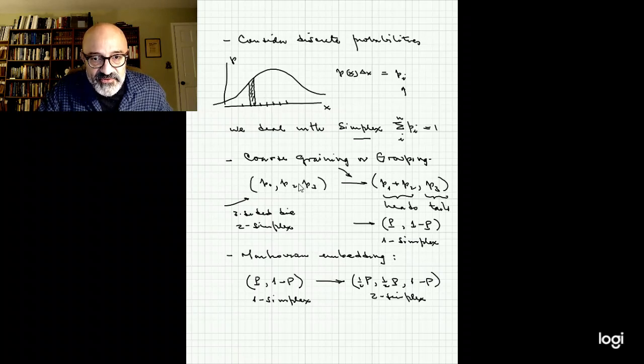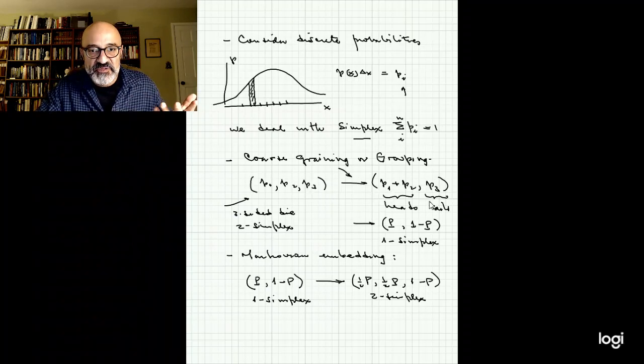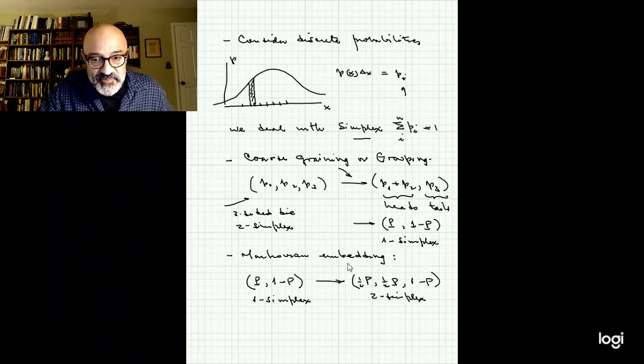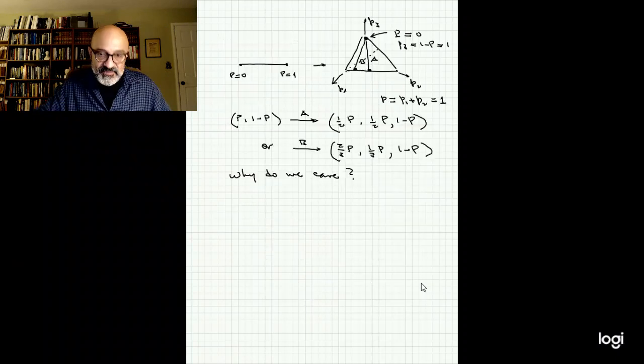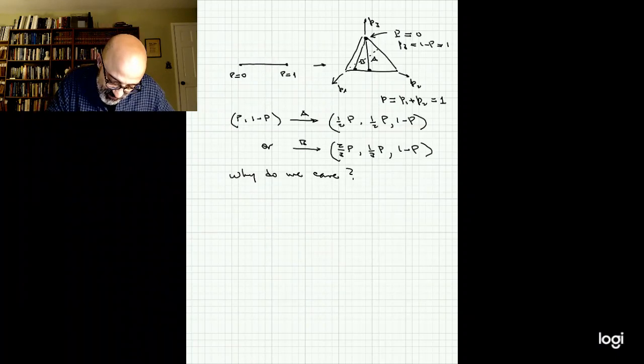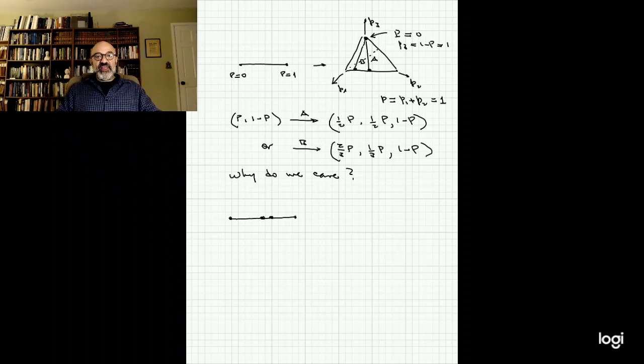One thing we could do is group them. And what that allows you to do is go from high dimensions to low dimensions. You can always do that. If you try to go in the opposite direction, you see that there is an incredible amount of freedom in how you do the embedding. But the whole point of this is that if you're trying to figure out the distance between those two probability distributions,